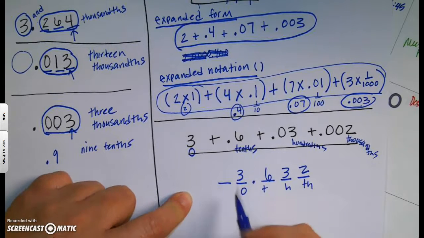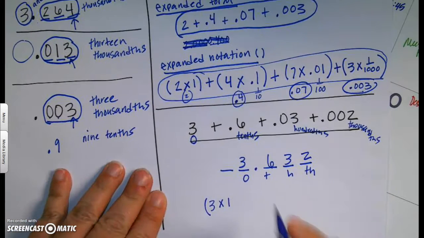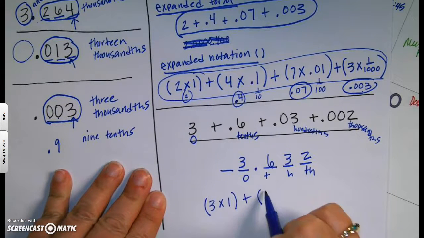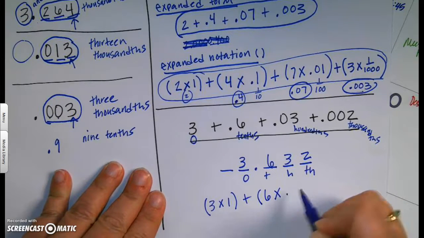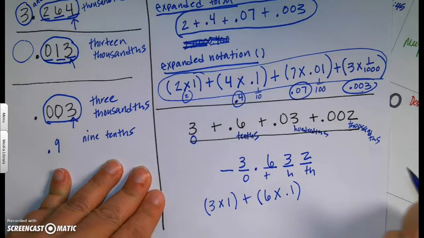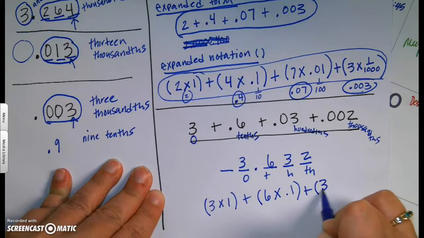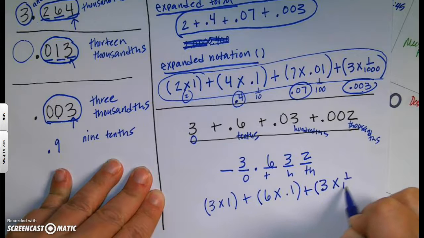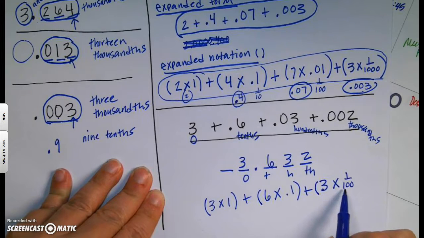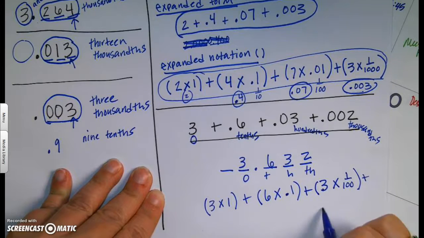For expanded notation, we would do 3 groups times 1 plus 6 groups times a tenth, which is just 1/10. A tenth, again, remember, is 1/10, plus 3 groups of 100th, and you can write it either way in fraction form or decimal form, plus, I'm going to go down here, 2 groups times 0.00